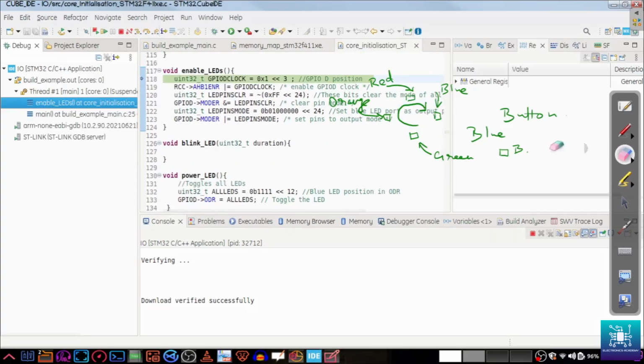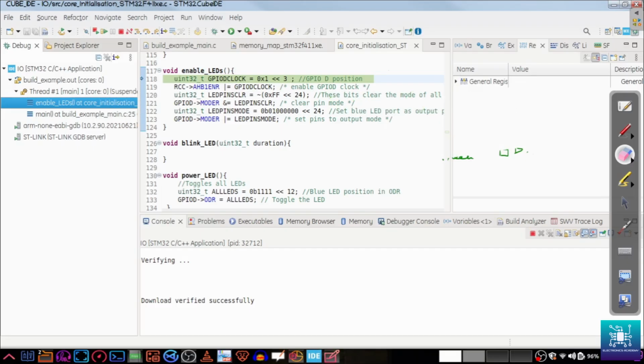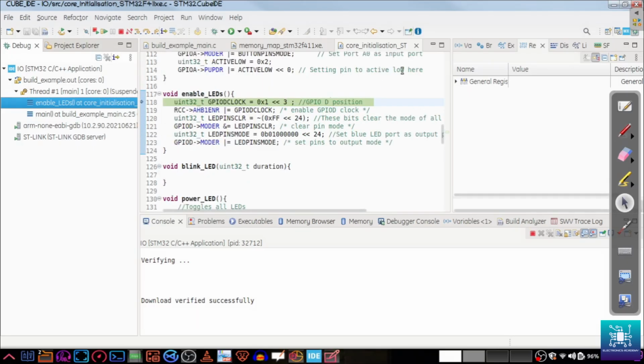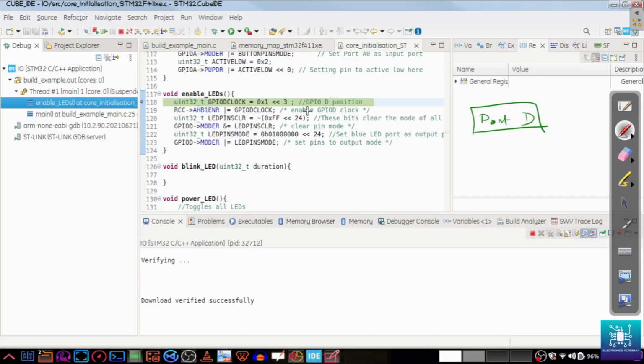So this is the enable LED function. Let's erase this part, so I hope you understand what the program is supposed to be doing. Now this particular function that we have is enable LED. Let's see what it is doing. So first of all, the output port that is connected to the LEDs is port D. So it is GPIO port D. Okay. So the first thing that we need to do